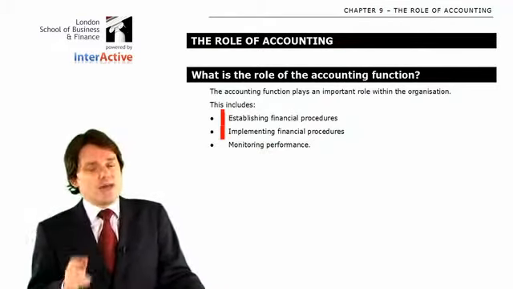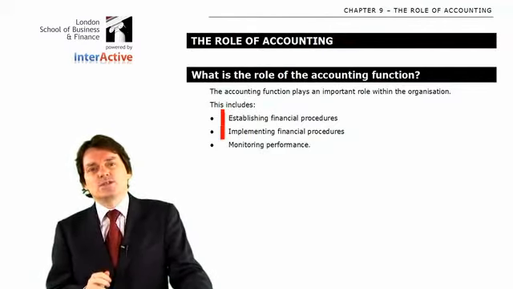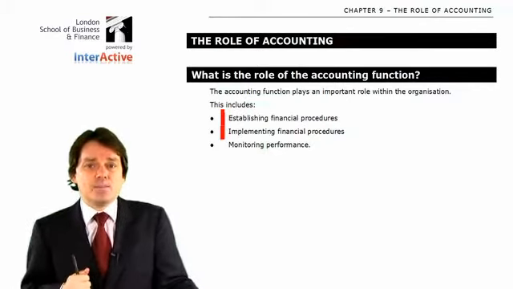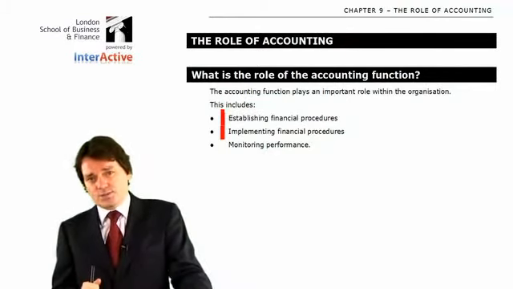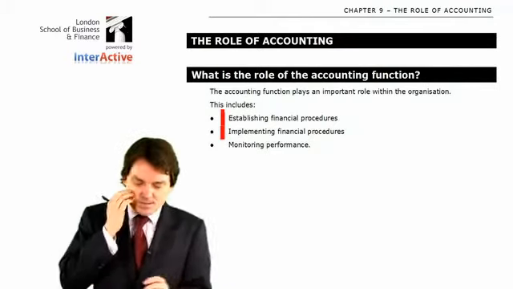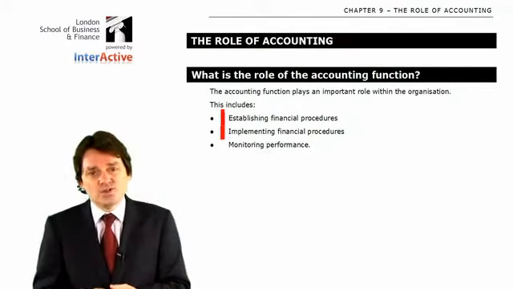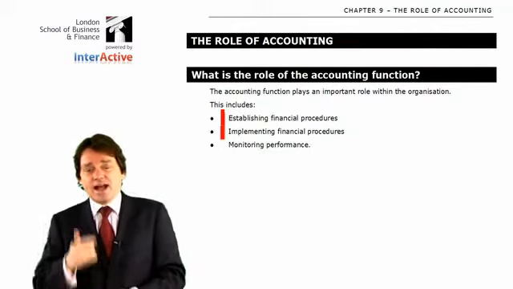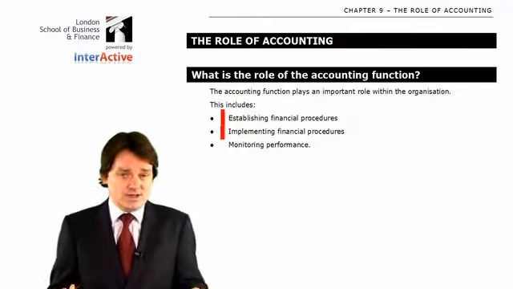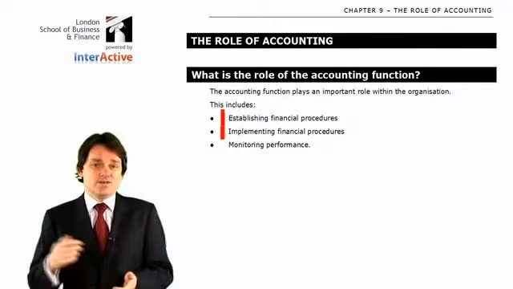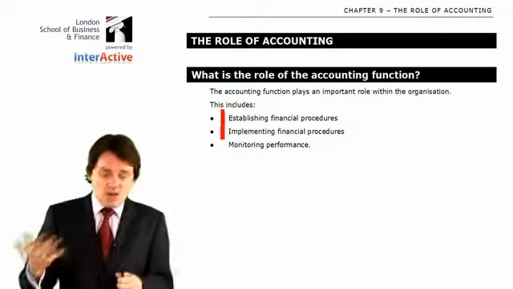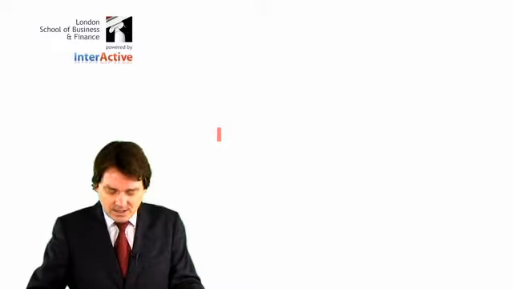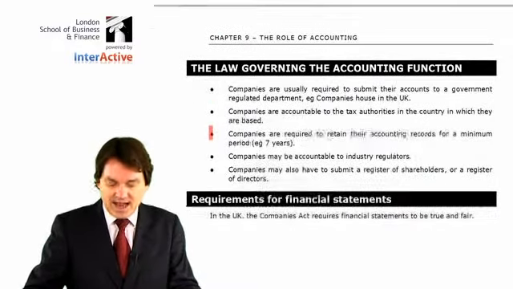We will talk about that a little bit later in this chapter when we start talking about systems. It's things like what has to happen before you pay an invoice. So, establishing and implementing them, monitoring performance, knowing how well the organisation is doing. That, as I say, leads on to P3. It also leads on to P5, the two papers that I teach. So that's going to be a very big deal. So we will see a little bit later, and in some of the other papers, how all these things fit